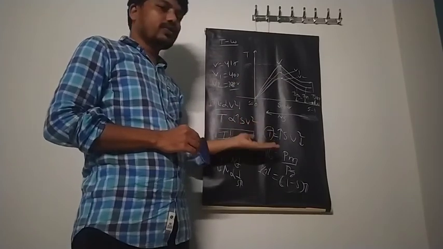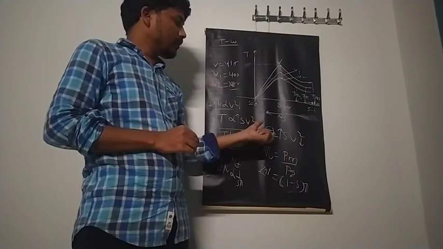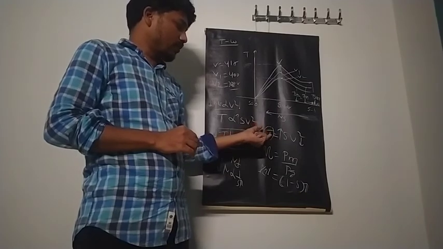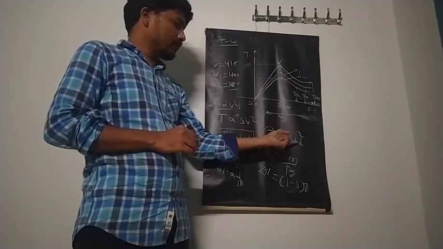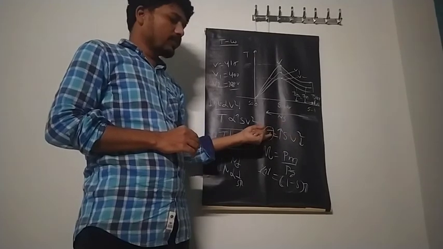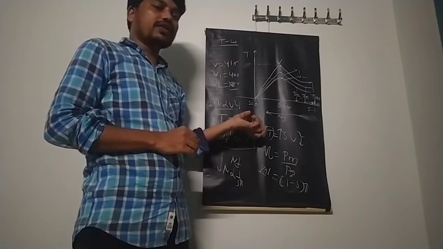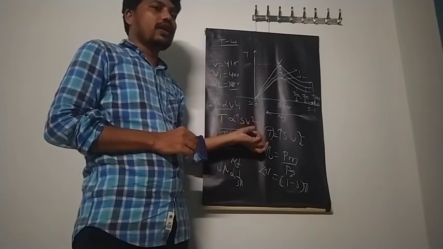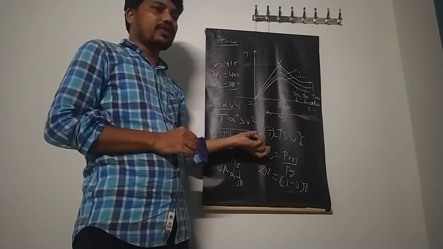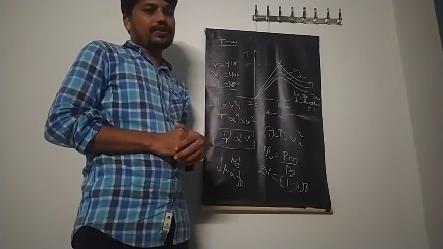So many limitations: efficiency decreases and power loss is also higher. And even for a small torque change, the voltage must change a lot. The larger the change in the voltage, the more the torque changes, and therefore the speed can change. And also at starting, it draws a heavy amount of current. These are the main limitations of the stator voltage control method. That's why we go for other methods. Thank you.